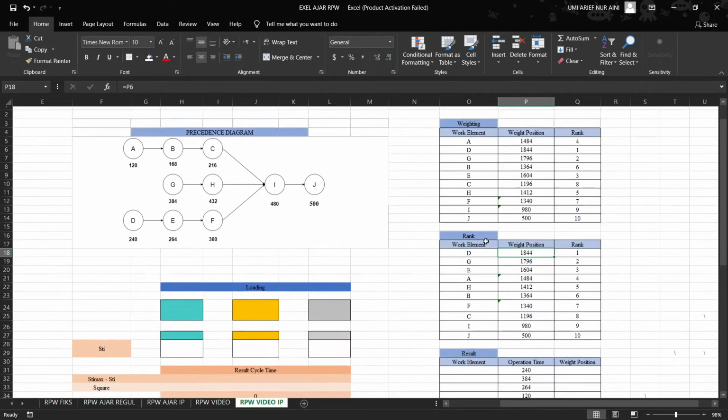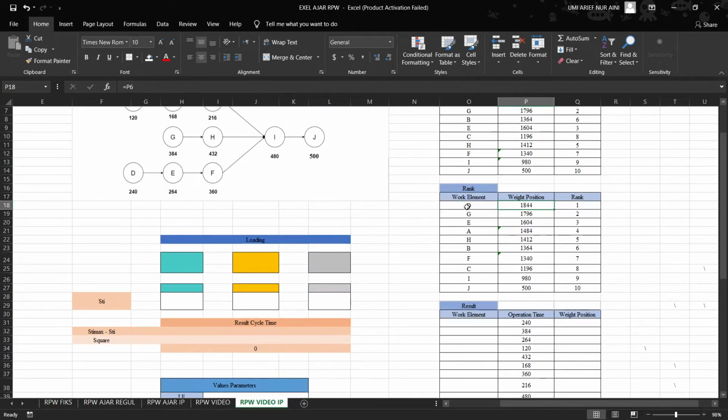For example, work element D has the highest positional weight, so its rank is 1. For element G, it has the smallest positional weight. For all, the rank is 10. And then